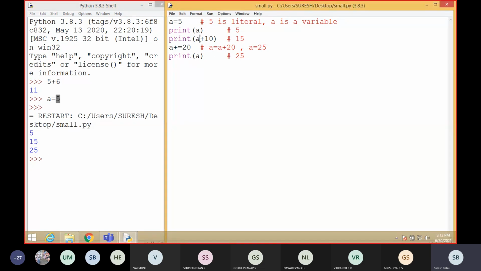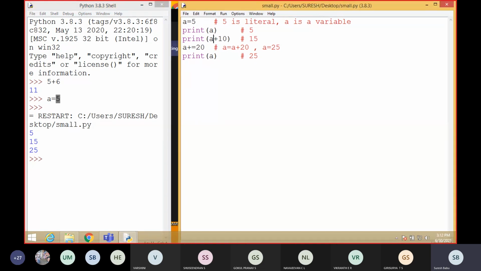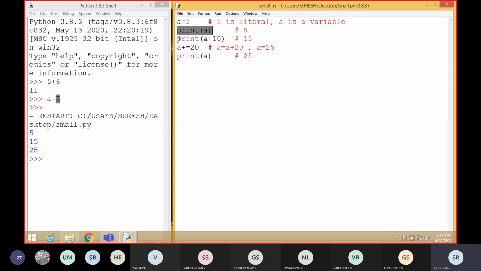You see the answer. There are three print statements, 1, 2, 3. So you will get only three outputs. The print statement only displays the output on the screen. Here this print a will give you 5. Then the next statement print a plus 10 gives 15.